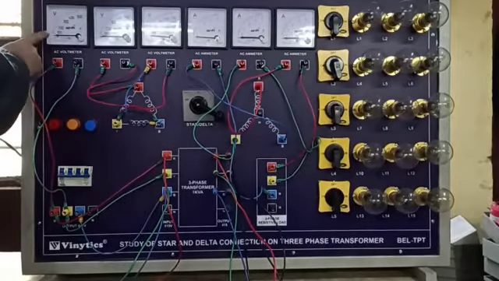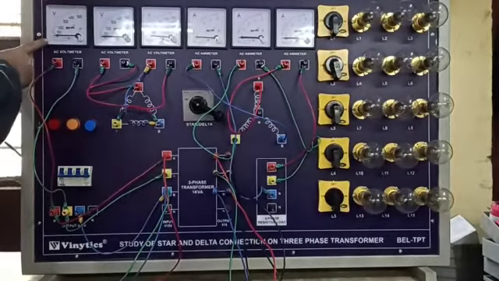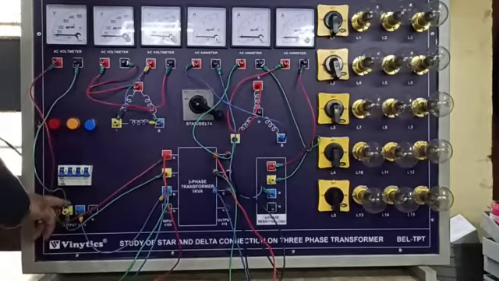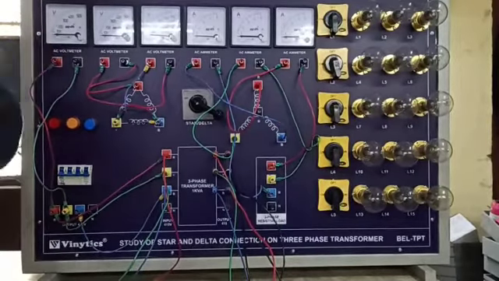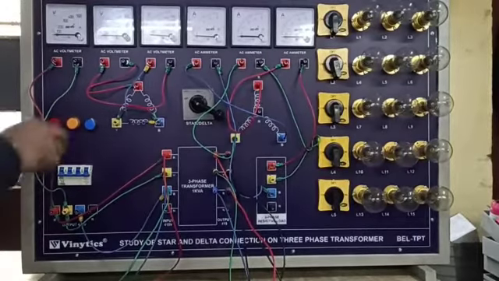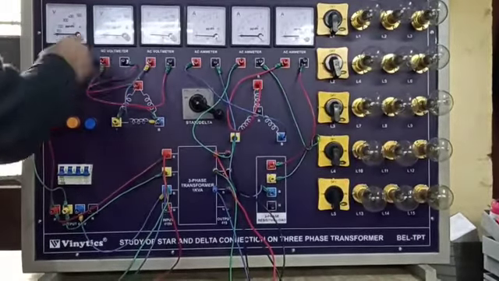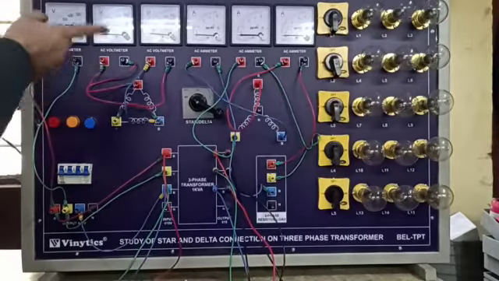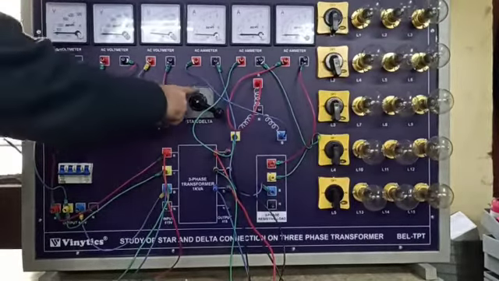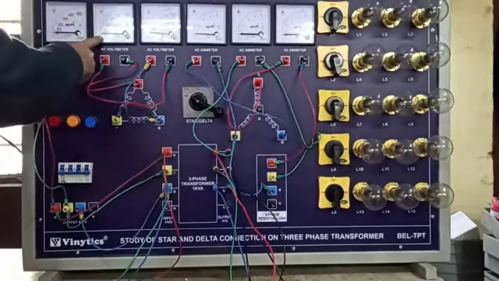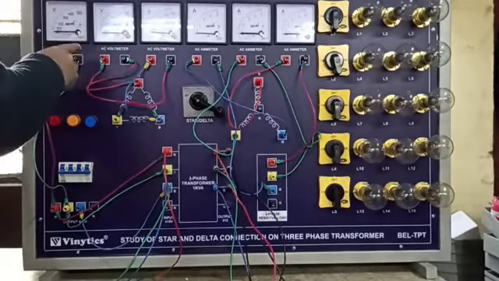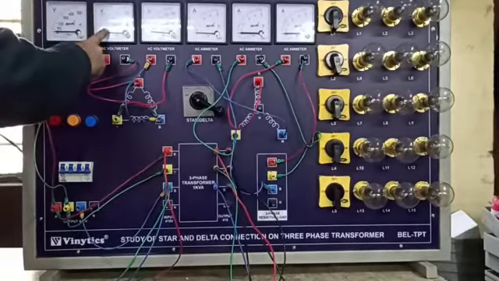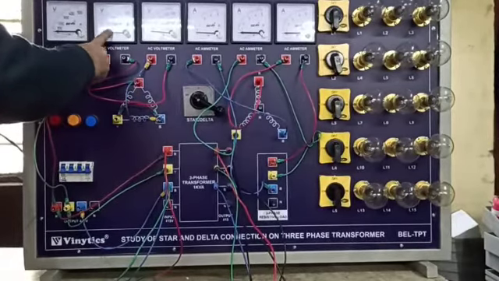In this meter, the 500 volt AC voltmeter, we have used to show the input mains AC voltage. You can see the mains AC voltage in this reading. Now we have used both these meters to show the star voltage as well as the delta voltage. When we put it in delta mode, you will see here 400 volt AC, and when I put it in star mode, you will see 200 volt AC, 200 to 210 volt AC.